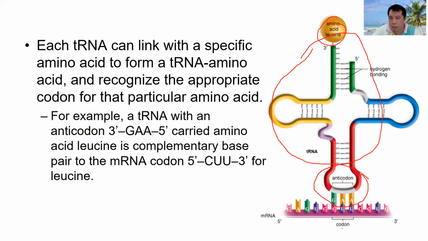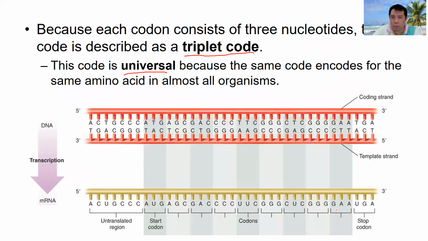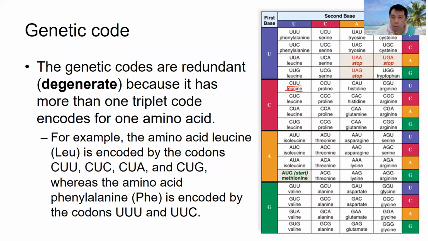Because the codon is CUU, we will know this tRNA carries leucine. From this genetic code for mRNA, we also can determine the anticodons. Let's say proline, the codon for proline is CCG. So that means the anticodon will be